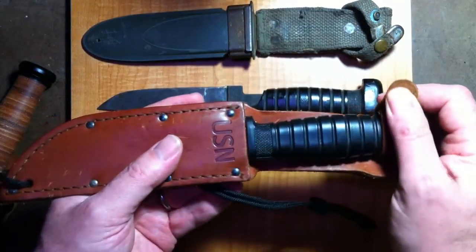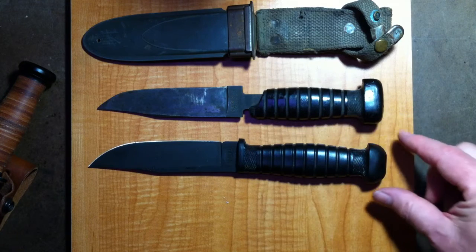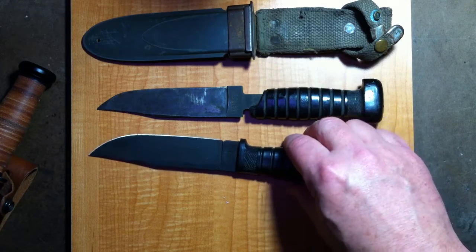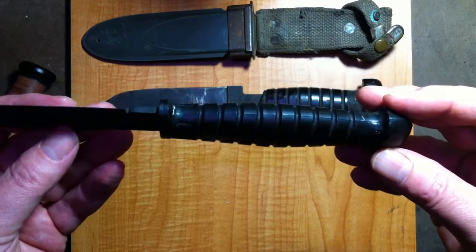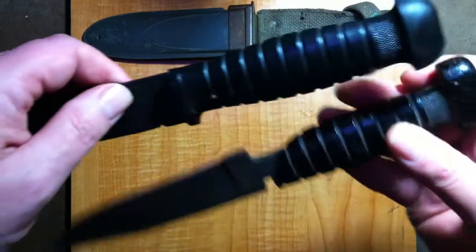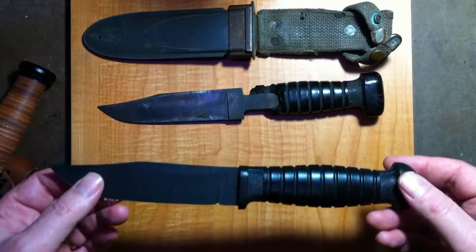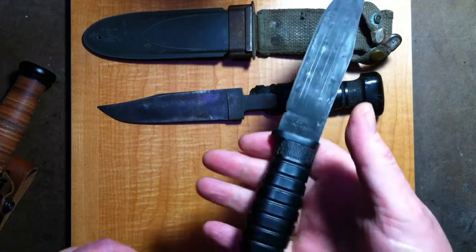So here's a Colonial aftermarket, a reproduction, and this shape of pommel is correct for the later models of the Colonial Mark 1s. So, trying to get you a good look at that handle. Now this is clearly not the same material as the original World War II handle. This is molded plastic. This, on the other hand, is hard rubber, and there's a difference. You can definitely tell the difference. I'll also do a separate video on the Colonials, but I will say that the Colonial Repro knife is not a bad little knife. It seems a little light because the handle is plastic,